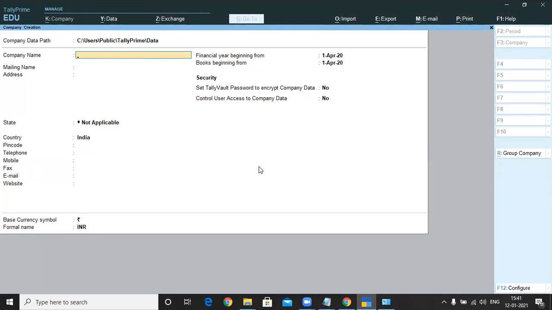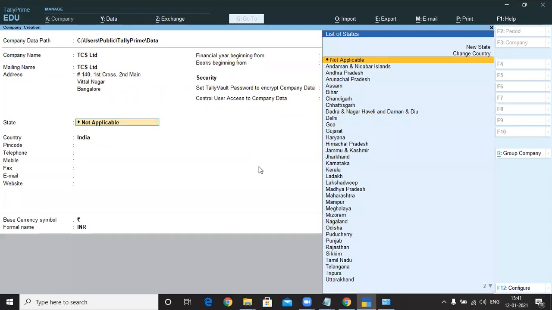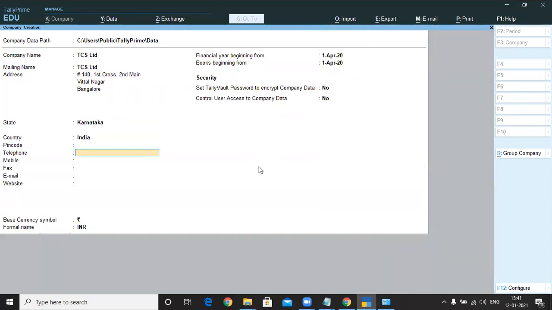So I use TCS Limited. Telephone number, mobile number.